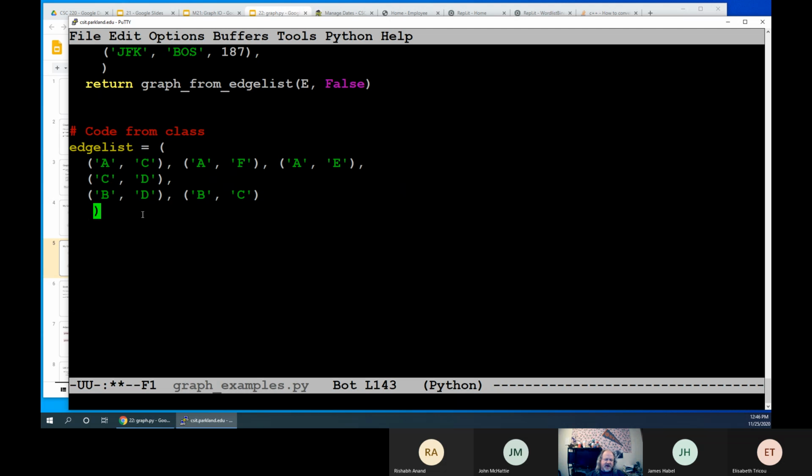But I can put this on a separate line, so it sort of matches. Okay. So I have my edge list. And then I'm going to say my graph is equal to